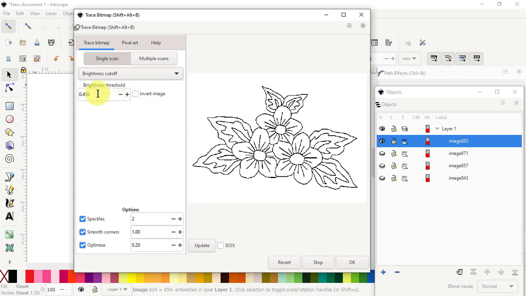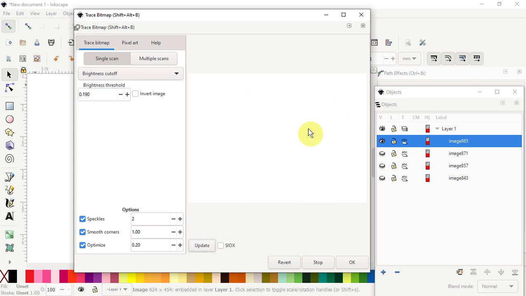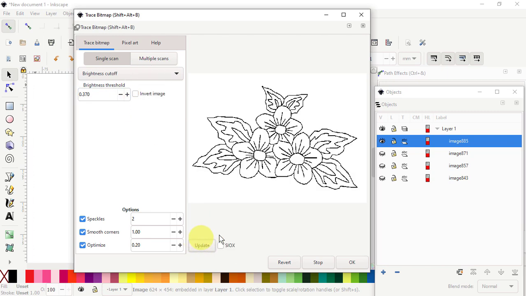So then we have here the threshold, and that is the number that we can change and play around with. And then we do an update, and if you watch the update, you may see the image all of a sudden disappear, because with that threshold it will not pick up any of the darker pixels. So we have to increase that number, and when we are satisfied we will click OK. But some images,